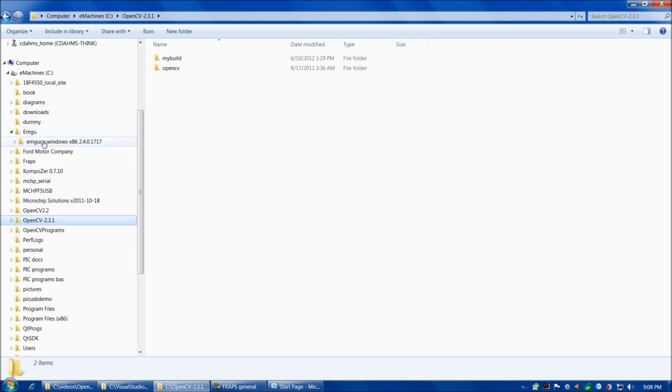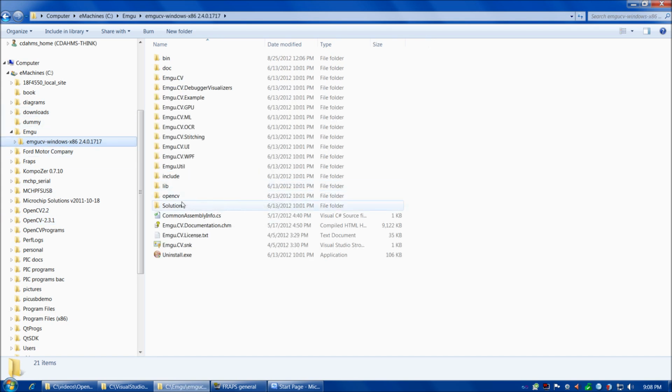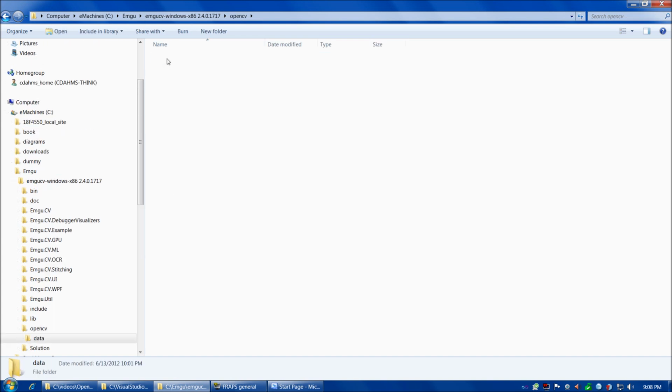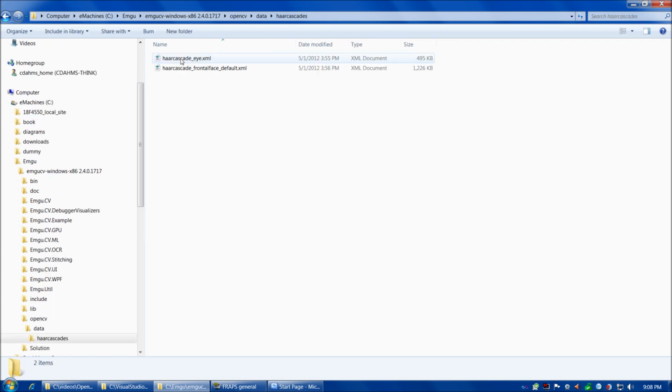If we go through a few directories, OpenCV, data, and then Haar cascades, you're going to find these two files here,